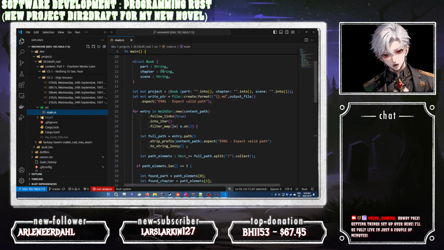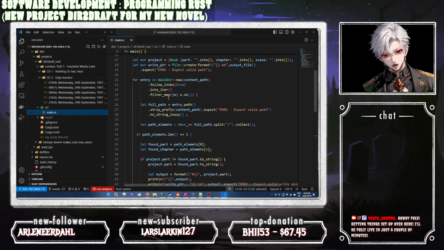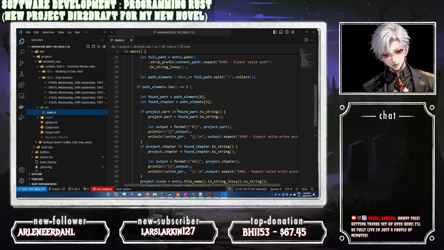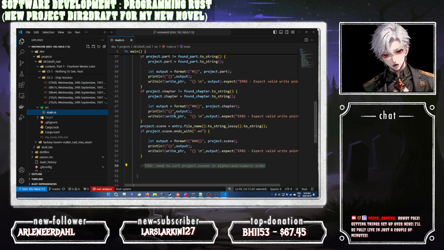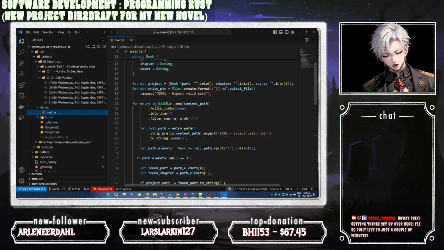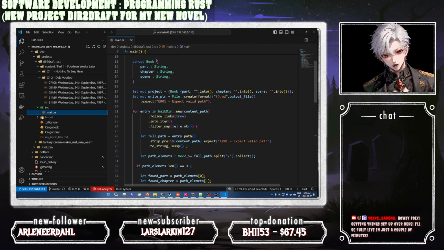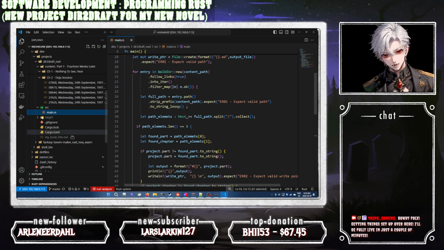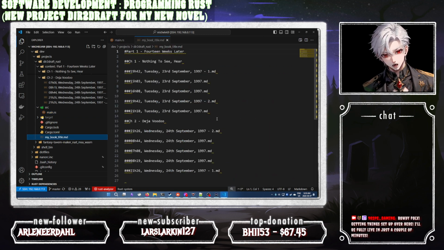But I define a structure for a book, just rough prototyping. I walk the directory, and then I disassemble the path and assemble that to create my chapters and scenes strings. And it generates some output on both the screen and in a markdown file